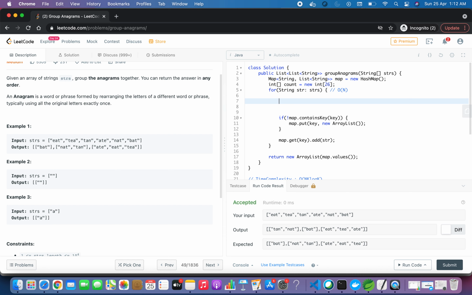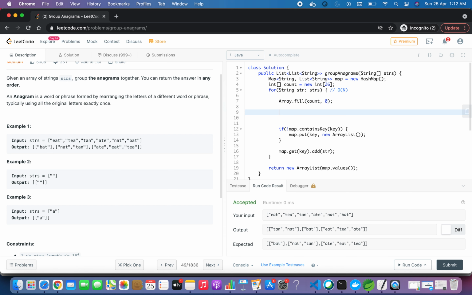For every iteration of a string, we have to restart the count, so reset the count to zeros with Arrays.fill(count, 0).